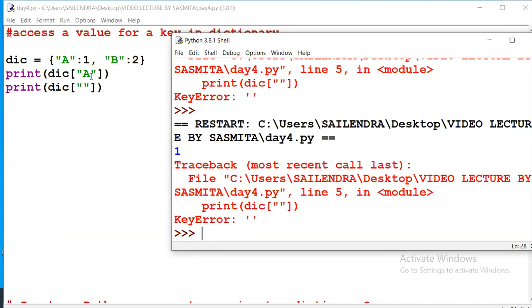See, in key A, the value is 1. In key B, I didn't give anything, so it's showing key error.